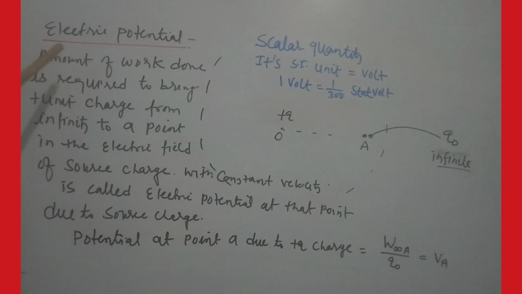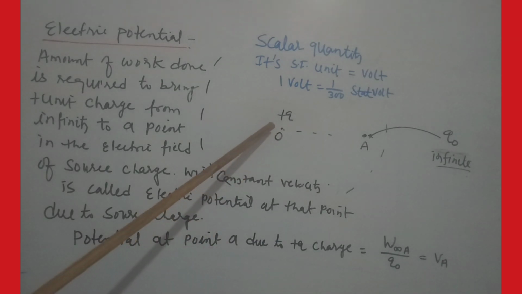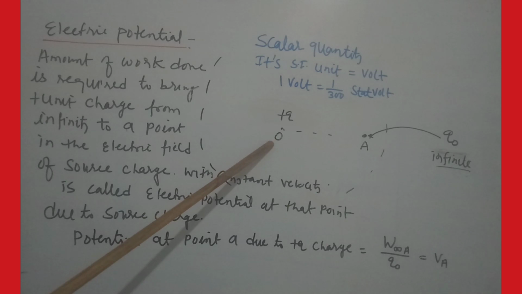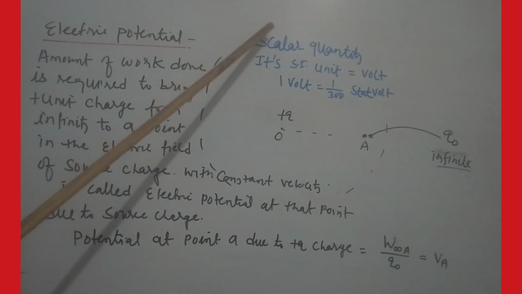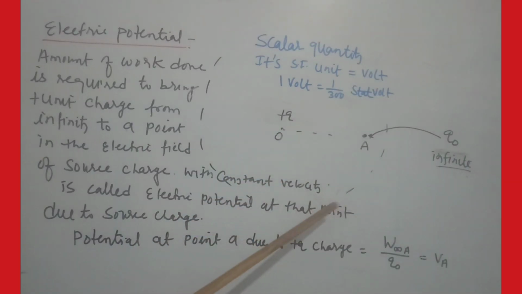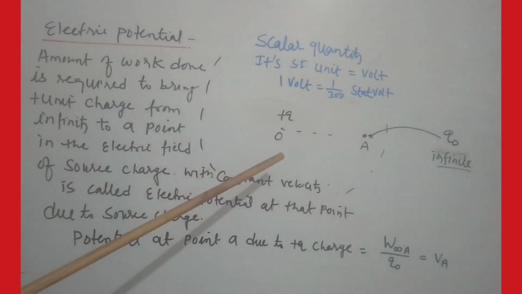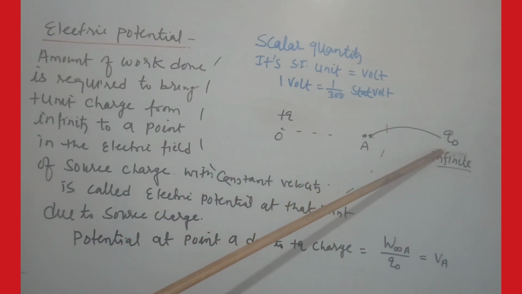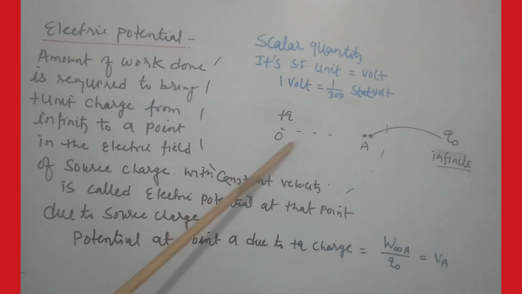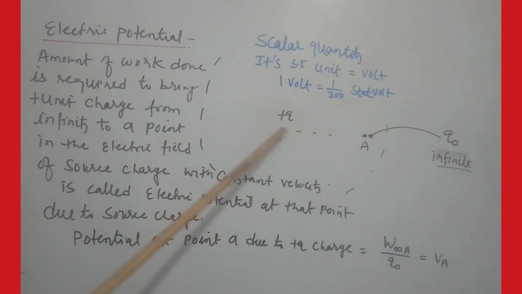Taking topic electric potential. And what is electric potential? To know this thing, suppose there is a positive Q charge situated at point O. Now this charge will produce its electric field like this, okay, and we are taking another charge Q naught at infinity, so that there is no force of attraction or repulsion between Q and Q naught.